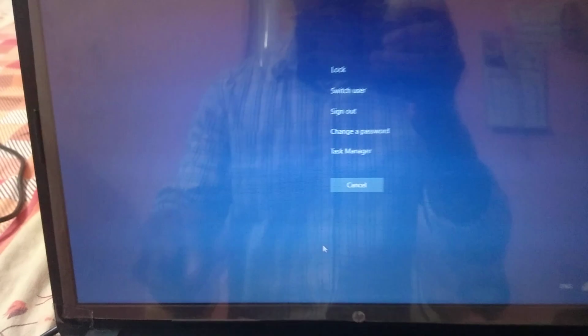And there is a shortcut. When you press this power button three times, on and off, on and off, on and off, you will get directly into this troubleshooting panel, or otherwise there is also another shortcut. Okay, I will explain what that shortcut is. Okay, just give me a moment.